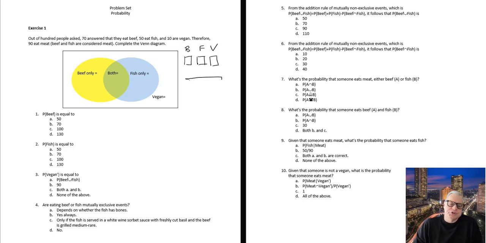100 surveys were filled out, so we get the result that 70 times people checked beef, 50 times people checked fish. Well, and now here you can already see that some people must have checked both beef and fish, and 10 said they are vegan. And so vegan is someone who neither eats fish nor beef. Okay, so because vegan is 10,